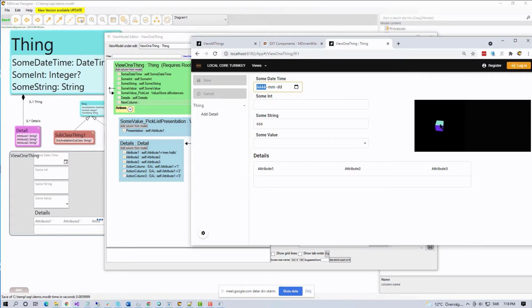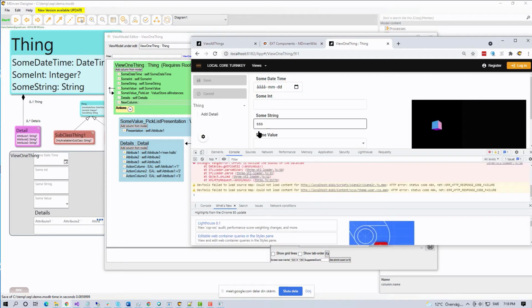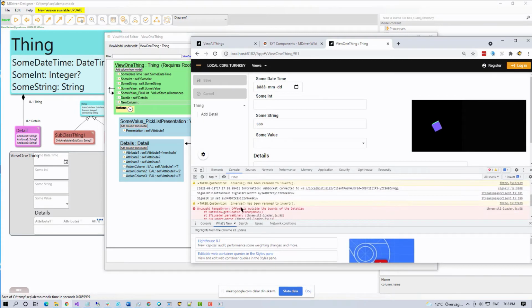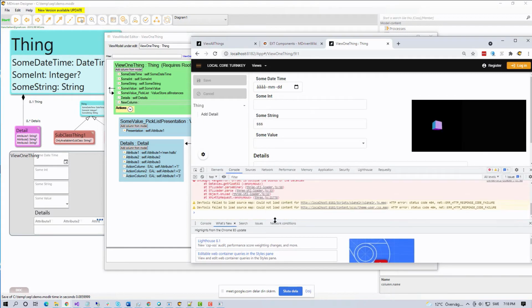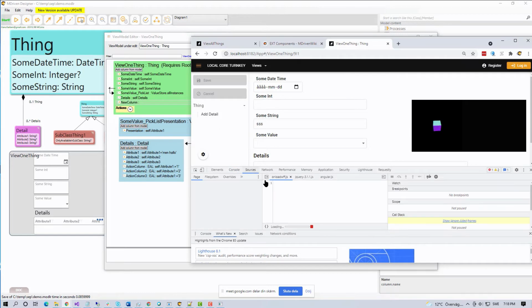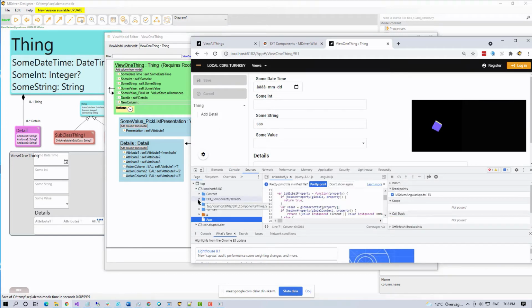So now we see we have a 3D box rotating over there, and it's quite easy to go into, let's see, sources and find the X components ThreeJS,